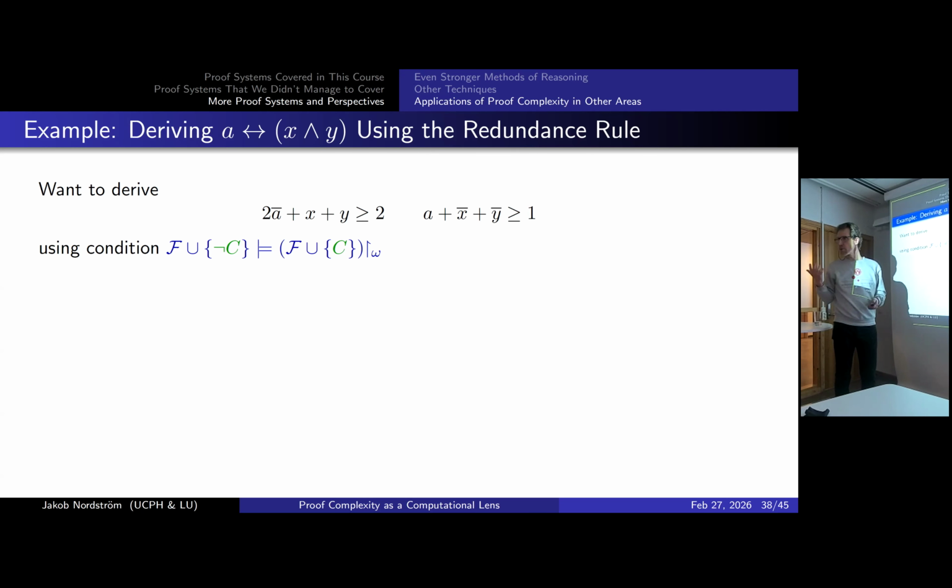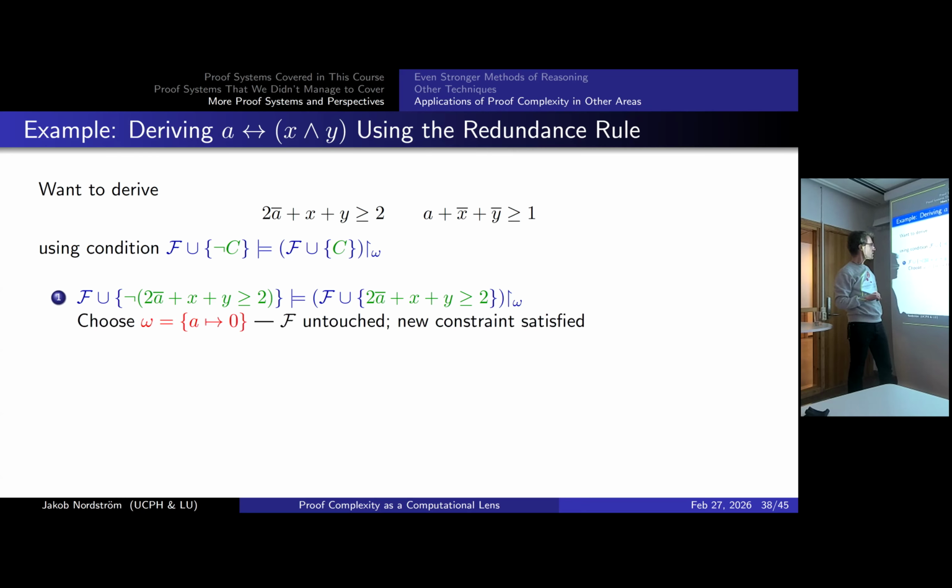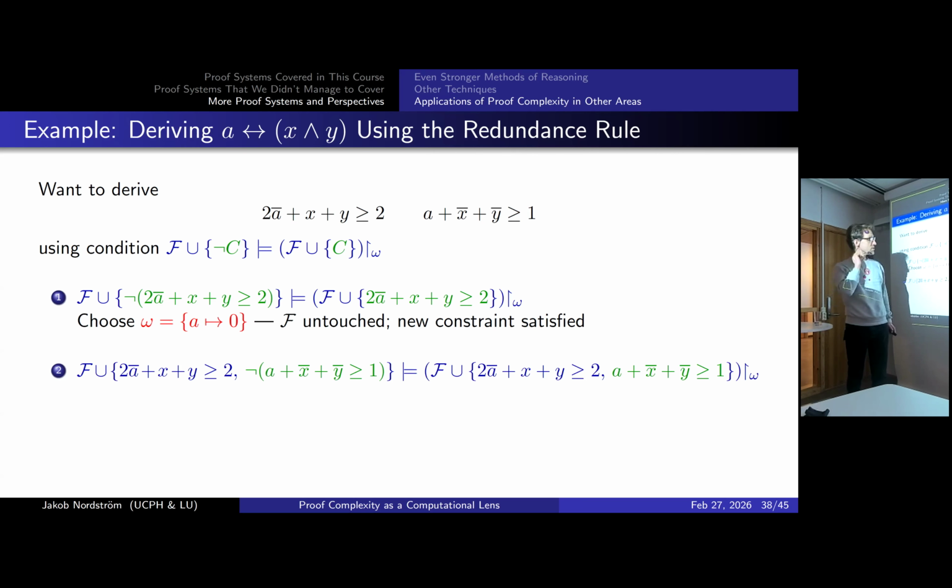And the question is only, what is our omega? Our omega is exactly the reason we're using to argue that this is okay: A is free, so I can set it to be what it should be. So let me start by deriving 2 not A plus X plus Y greater or equal to 2. That's easy. My witness is just, I'll set alpha to false. And then this whole constraint vanishes. And since A was fresh, nothing happened to F. So clearly I can add the left constraint. Are we happy with this? Okay, now for the right constraint,